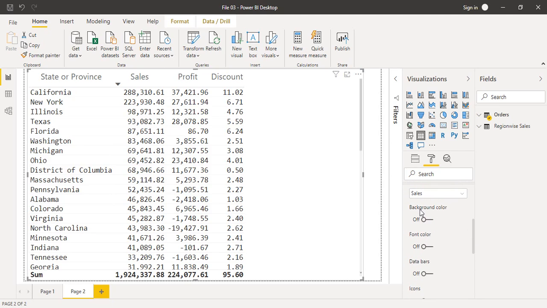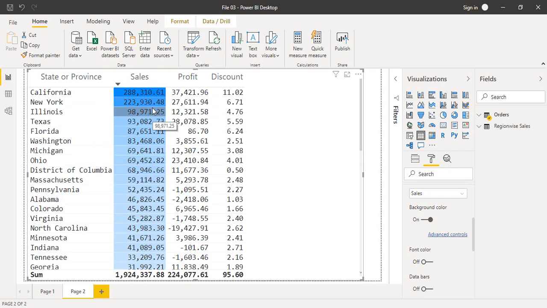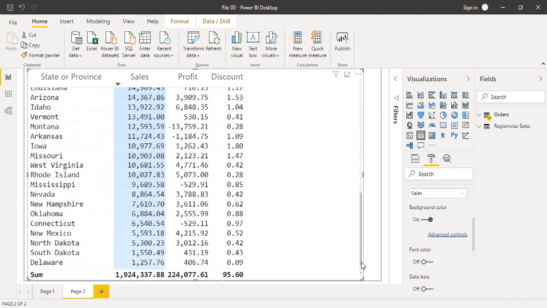First, if we talk about background color and we turn it on, you can see that the sales value is now formatted conditionally based upon blue color, which is the default color for Power BI. It has marked the topmost value, which is the highest value, with a dark blue shade, and this shade lightens as the values decrease.